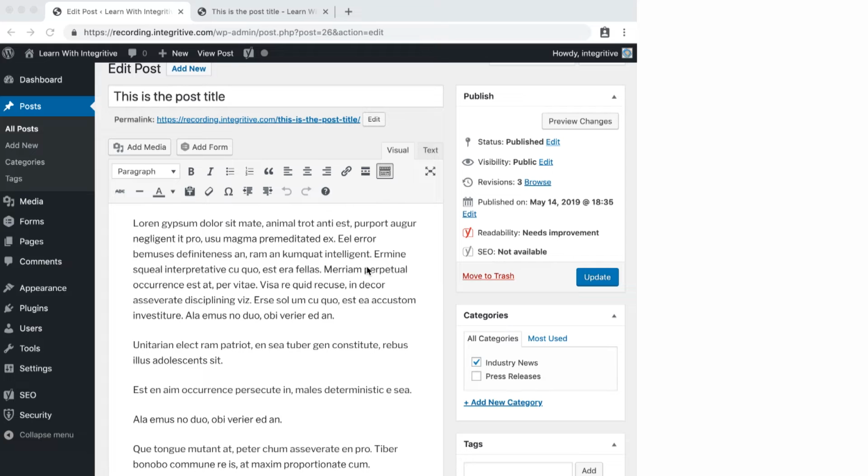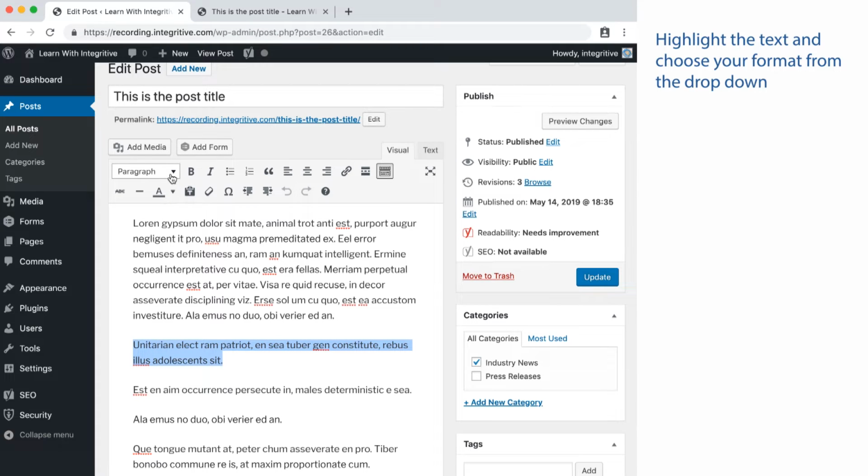This video is about the text editing tools available in WordPress. So here we're working on a blog post and we have some sample text. Let's say we want to add headings or subheadings to this post. So we can highlight some text and then go up to the text editor tools and click this drop-down menu